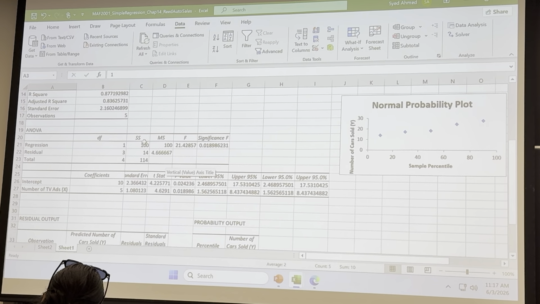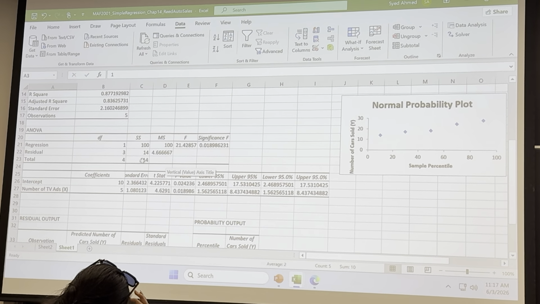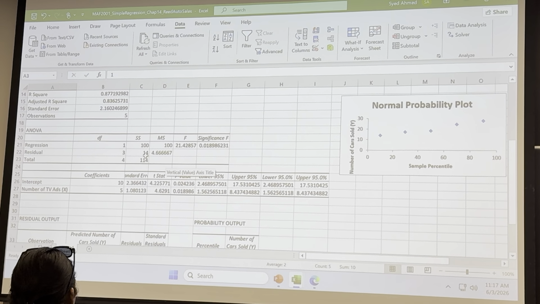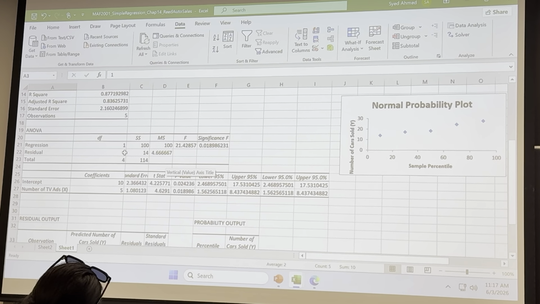This is your SSR, sum of the squares regression. This is your SSE, sum of the square error or residual. One degree of freedom is attached to SSR, which is the number of independent variables. Three degrees of freedom are attached to SSE, which is